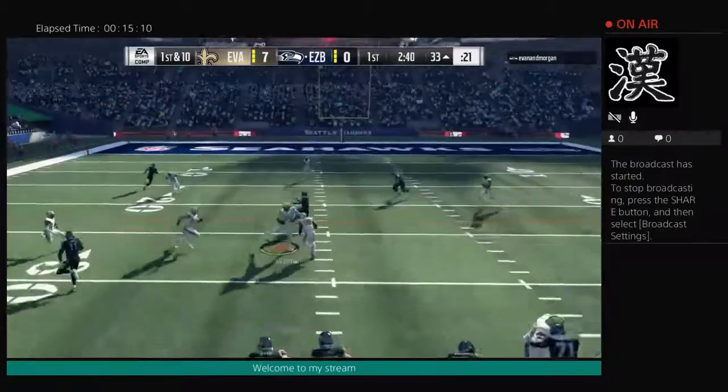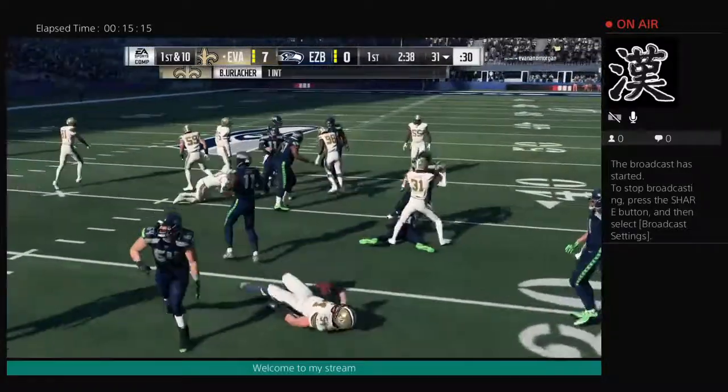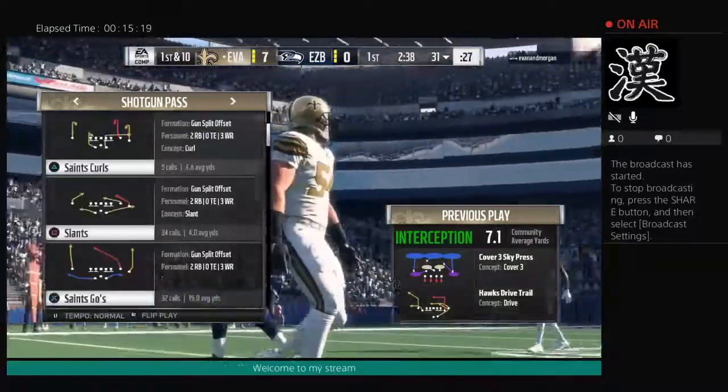They're in man-to-man, maybe need into heavy traffic, and it's intercepted. Picked off by Brian Urlacher. And his guys are going to take over at the 31-yard